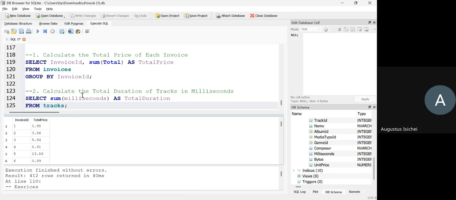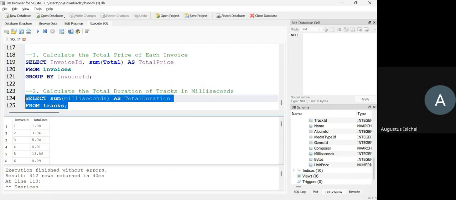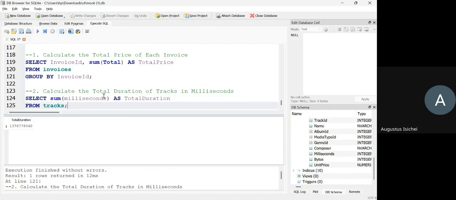So number two says calculate total duration of tracks in milliseconds. So select sum milliseconds as total duration of tracks. Okay. So the total duration of the tracks in milliseconds, this is correct. Then number three says convert